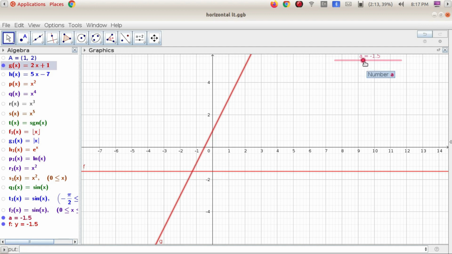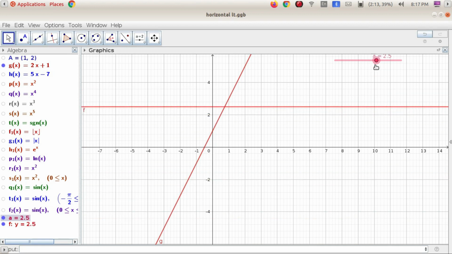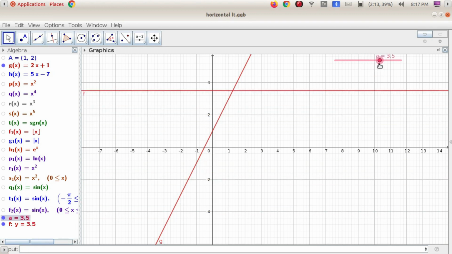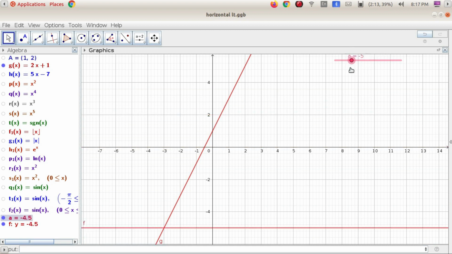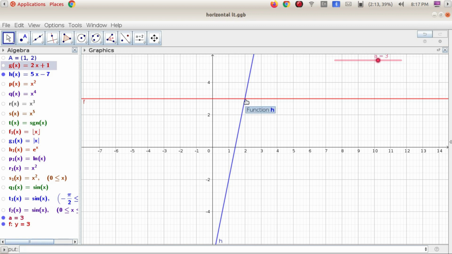And when we move this slider, we get different horizontal lines, and those lines intersect the given graph at a single point, a point of intersection. So the function is both one-one and onto. Now when we consider 5x minus 7, here also the horizontal line intersects this graph at a single point,